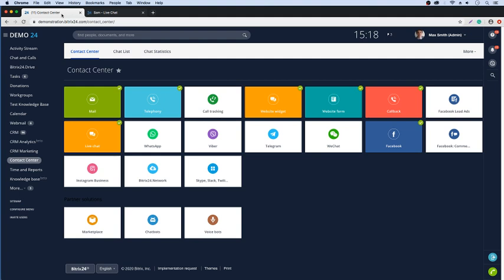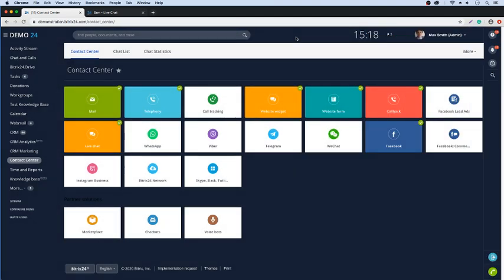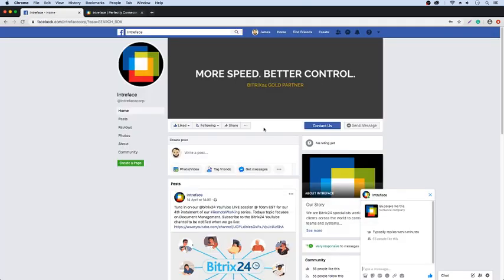And then we have social networks here. So we have Facebook. I've connected Facebook already. And this is good if you've got a business page. You can only connect Facebook up if you've got a business page, and it's the same with your Instagram business as well. But how this works is if we go into here and just go to Facebook, I'm logged in as a particular customer, and